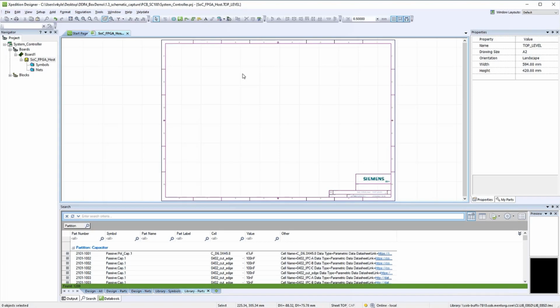This is lead hardware engineer Nicole again. While Kyle works on the power supply block, I am beginning to work on the system controller schematic in Expedition Designer. We have already selected the FPGA and microprocessor needed for this project, so now I will work on the DDR4 circuit part of the design.